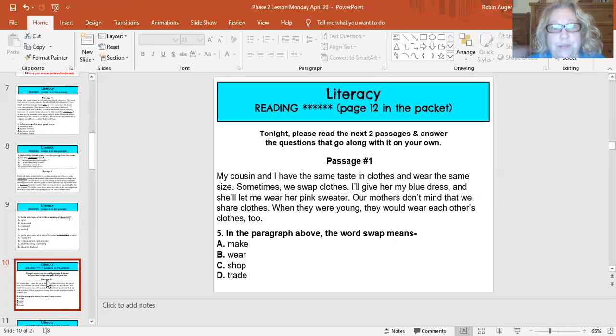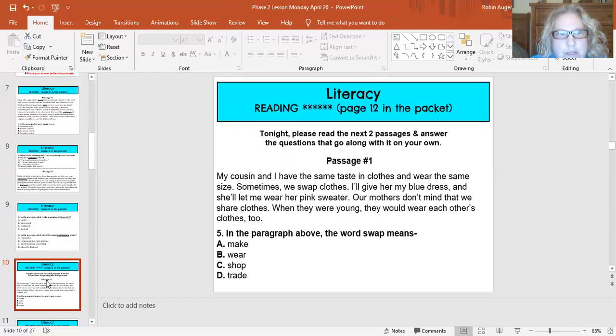the next part, which is when tonight you're going to read the next 2 passages and answer the questions that go along with it on your own. And then we will cover these 2 passages on Tuesday, tomorrow, because we have 2 passages from Friday that we were reading over the weekend. And then these 2 passages. So Tuesday is our review of what we have done today. And we'll also be doing review of our vocabulary words tomorrow. And